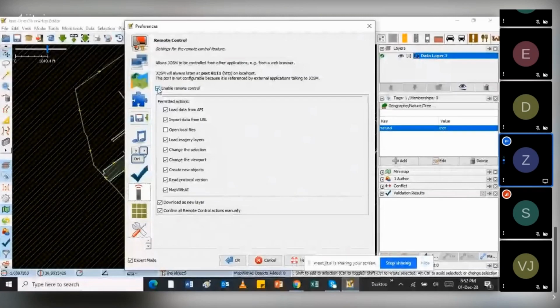Then something else I also added is, if you want to add different layers, every time you add the data, you can add it as a new layer. I'll check that, but you can remove that so that it doesn't open a new layer every time. So I'll just uncheck that. It's just here. So you just come to edit, and then in preferences.